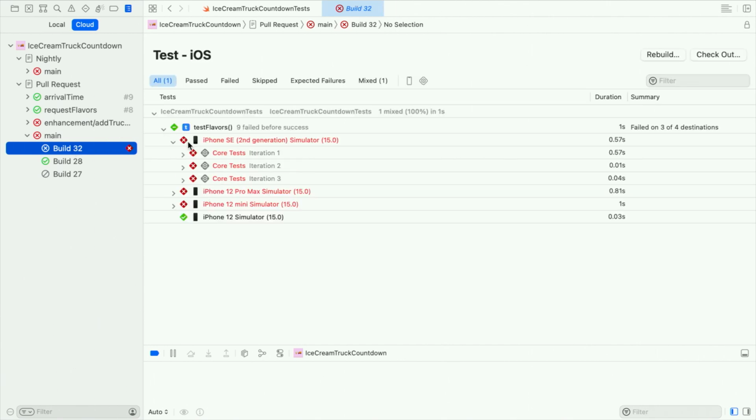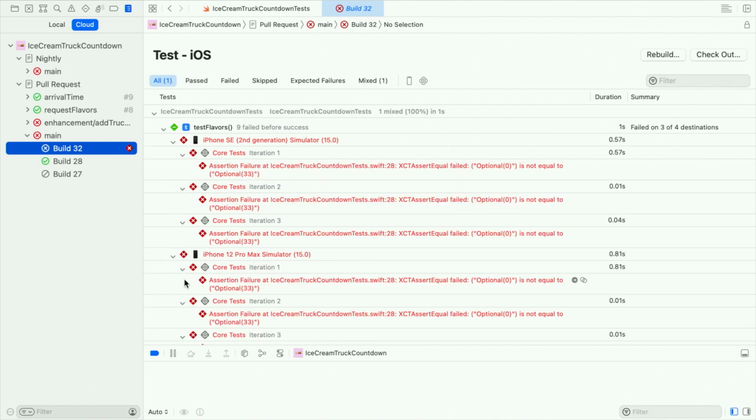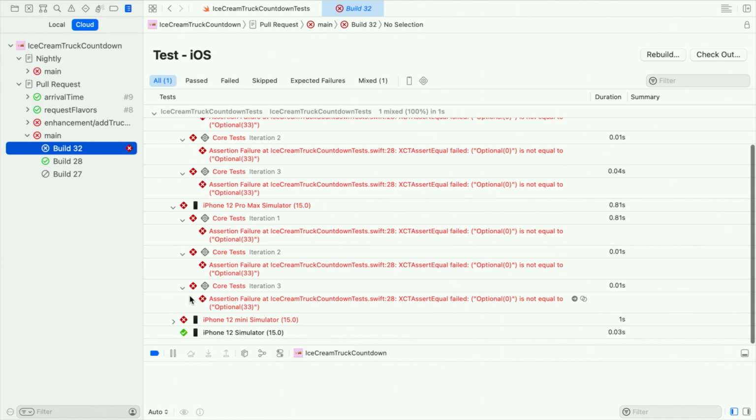If I expand the first device open, there is an iteration label here letting us know it was the first iteration of this test. And when I expand all the other rows, the assertion failures are all the same. And this last test passed. I expected all the tests to pass consistently, not just on one device.